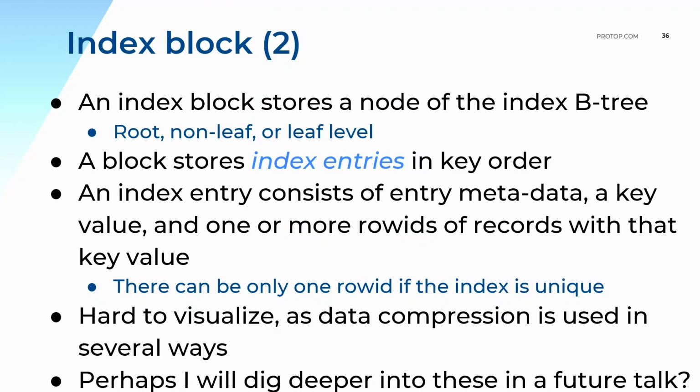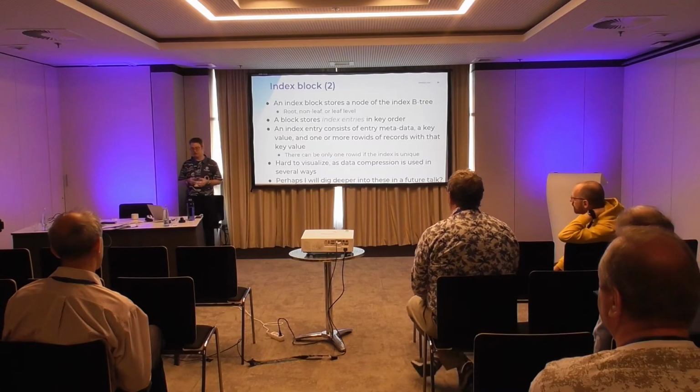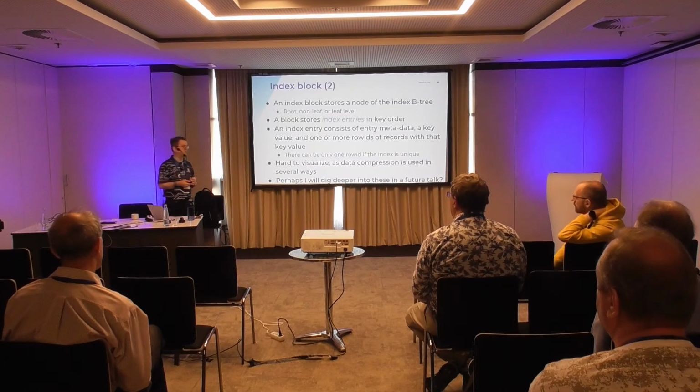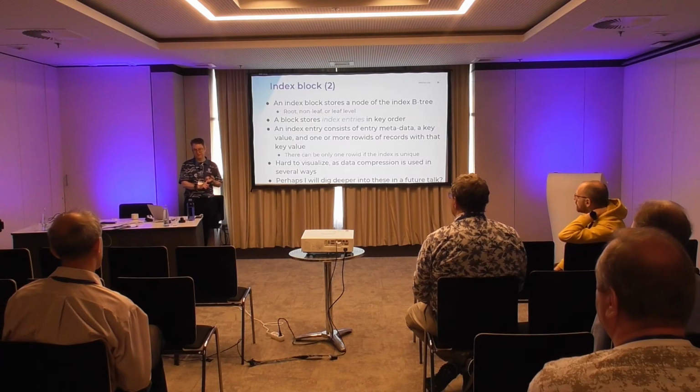Okay, index blocks. An index block stores one node in a B tree. So an index logically is a B tree structure, and it's made up of nodes. Every block stores the data for a node. So that could be the root block, or a leaf node, or one of the in-between non-leaf nodes. Each block stores index entries, and those are made up of some metadata that describe the entry, the key value itself, and the row ID or row IDs